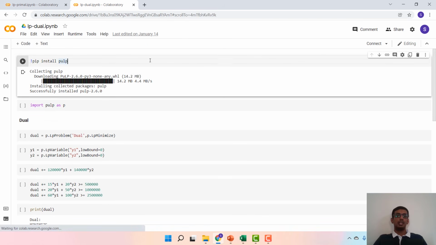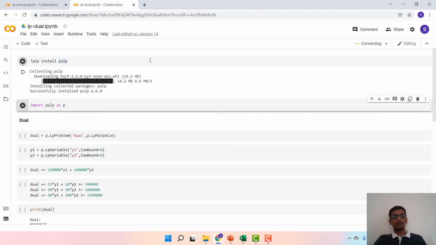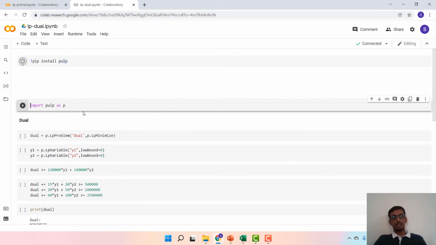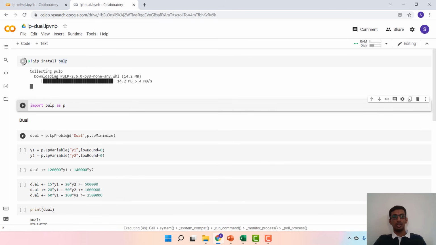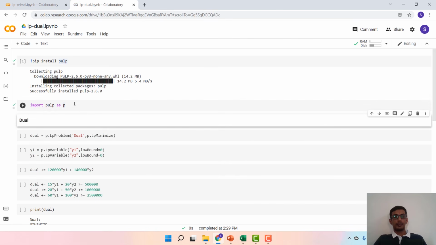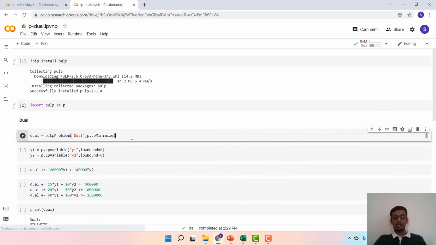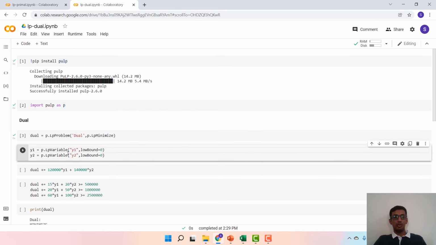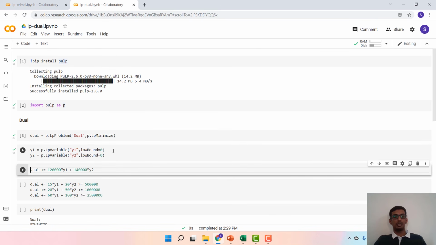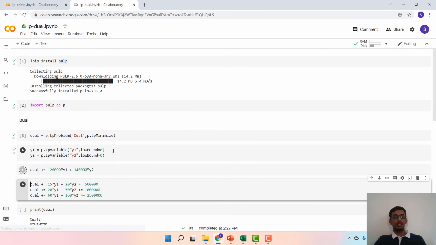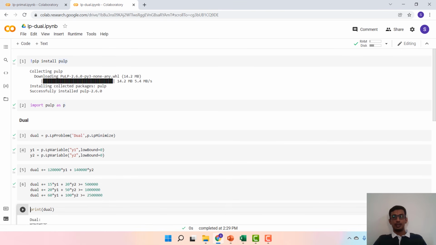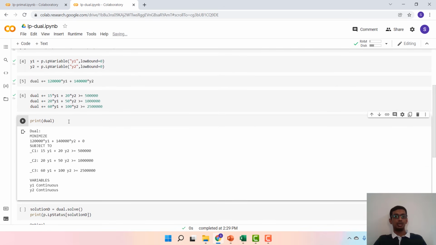Once again, I load the package called pulp here. And when you solve the dual, you need to set a minimization objective here. Therefore, when I define dual, what I've done is we have set a minimization objective. So we will run this. It's a minimize. You have two variables y1 and y2 in the dual with lower bounds of 0. The objective function is defined first. Then the three constraints corresponding to the dual are defined. You then print the dual,